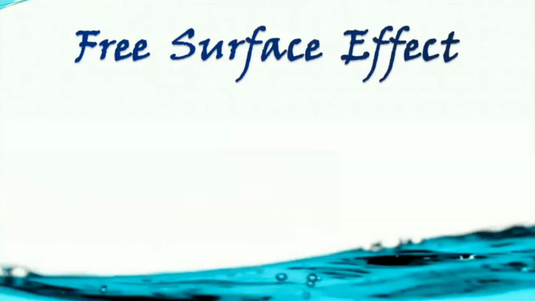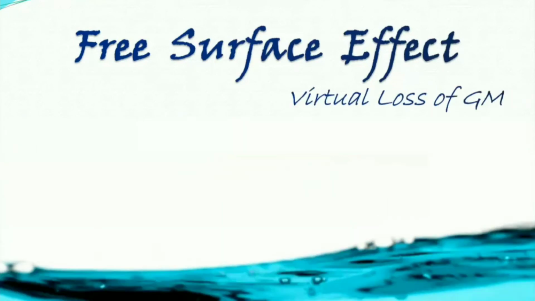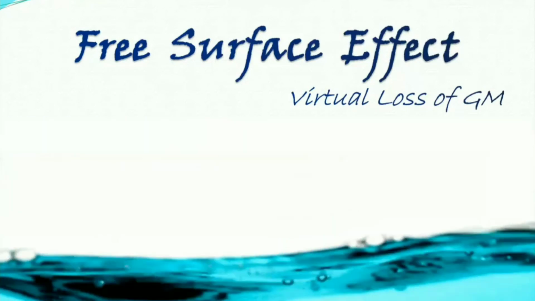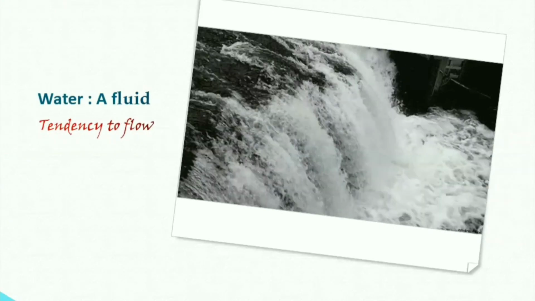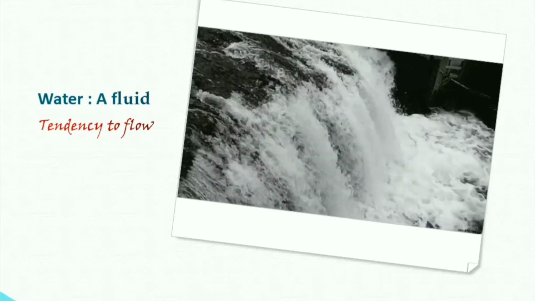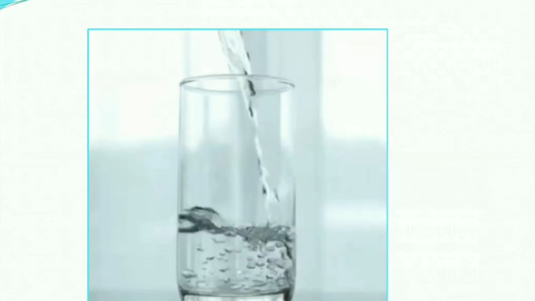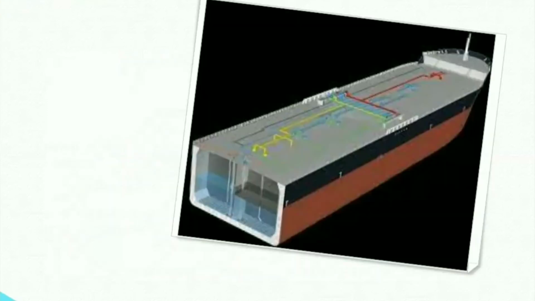Hope you guys are doing absolutely fine, and today we are going to talk all about one of the most prominent phenomena regarding ship stability which ever takes place on board, free surface effect. The moment we talk about liquids, they have a tendency to flow since their weak intermolecular force allows them to do so. It simply means that liquids may acquire any shape they are kept in. As all of you must be knowing, a ship carries a number of liquids in its various tanks for the purpose of its own operation.